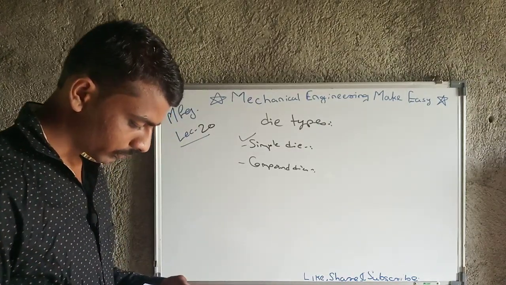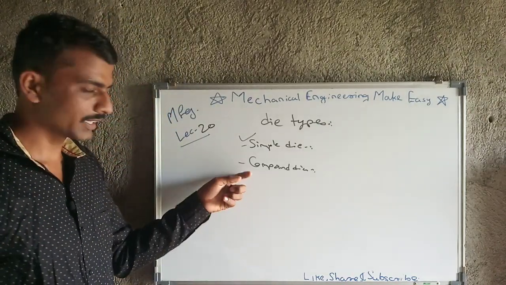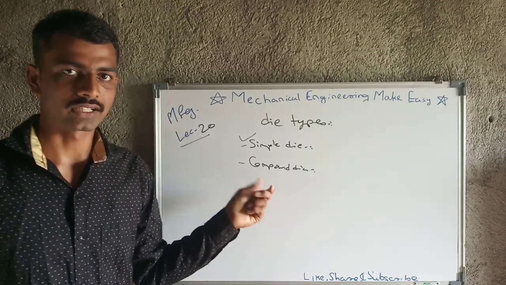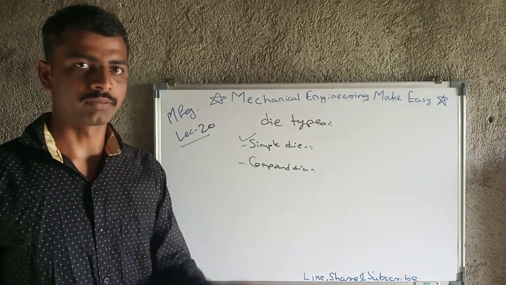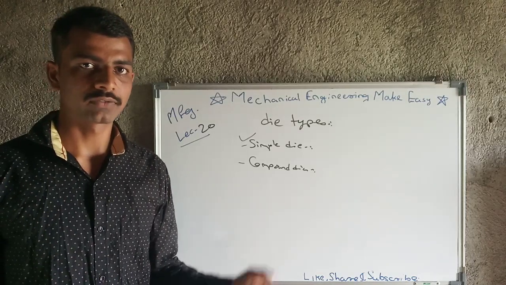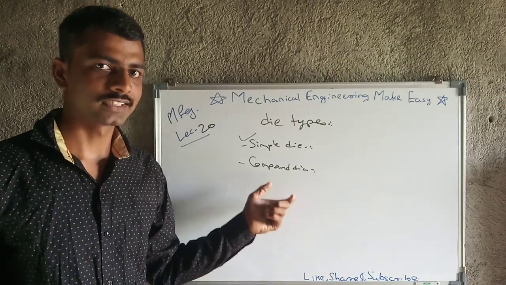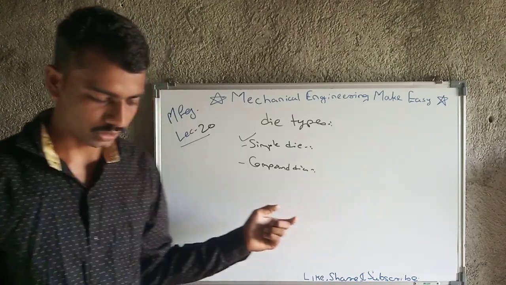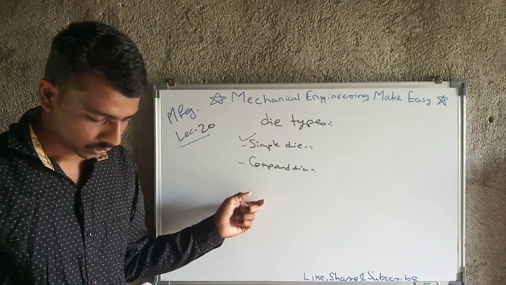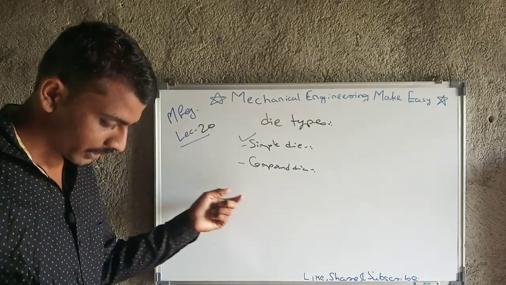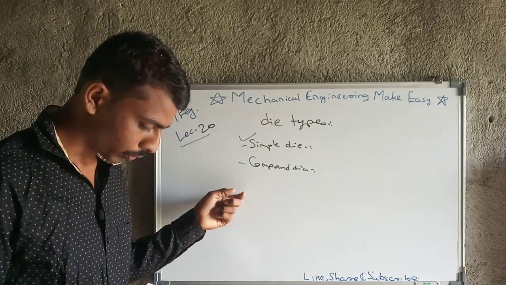Again, these compound dies may be used only for cutting operations, and you know that cutting can be performed on sheet metal also. There may be chances that we have designed it for 2 mm cutting and also 5 mm cutting, and that is nothing but a cutting compound die. Then we will move towards the next, that is the progressive die.